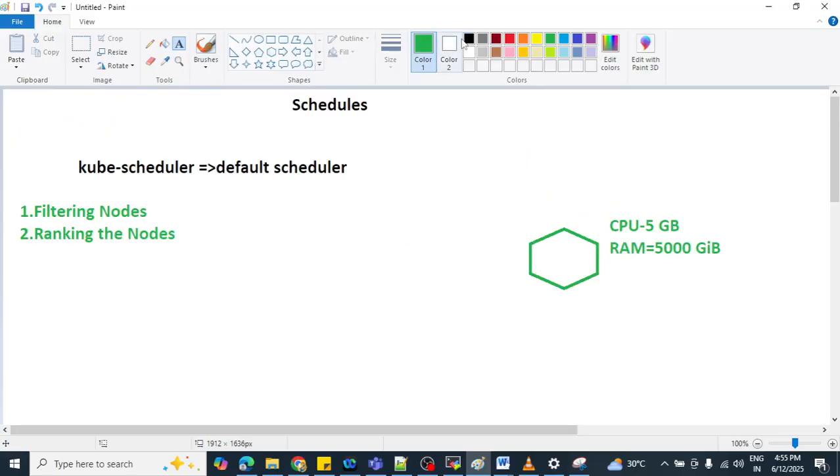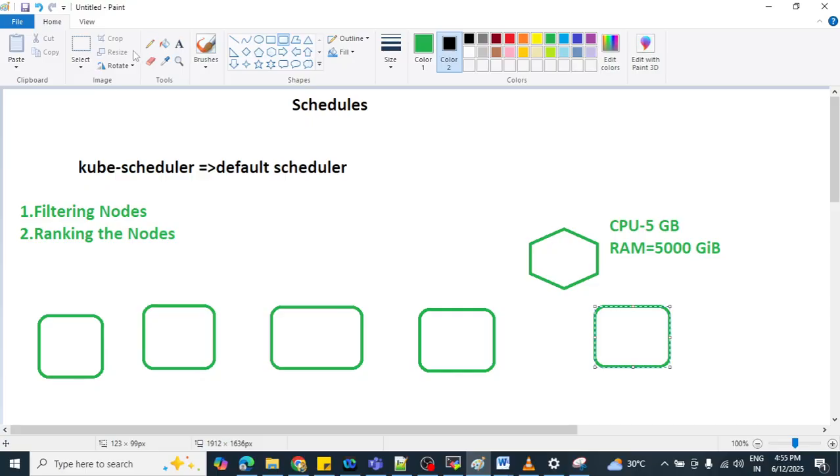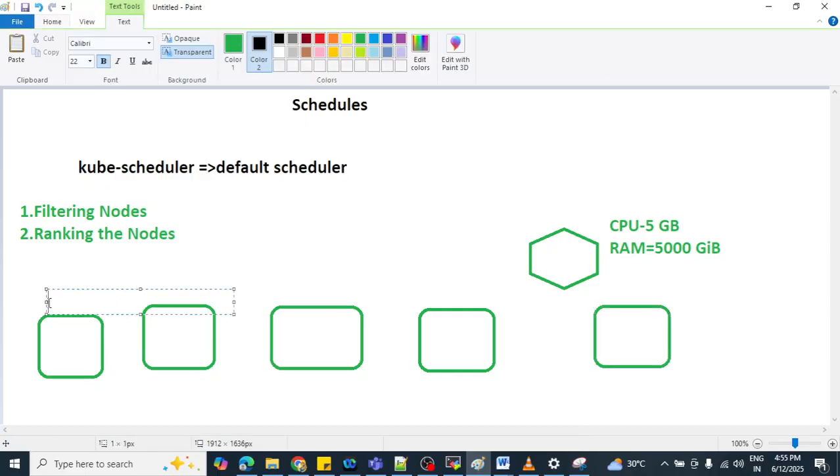Currently, suppose we have five nodes. Let me mark some names for those nodes. That is your node 1.